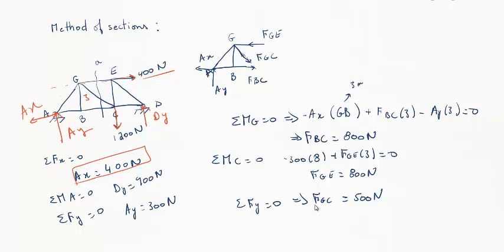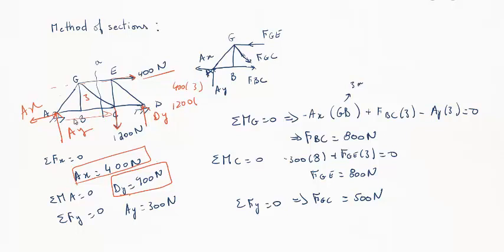So if we do the sum of the moment about A, we can get DY to be 900 newtons, simply by doing 400 times 3, 1200 times